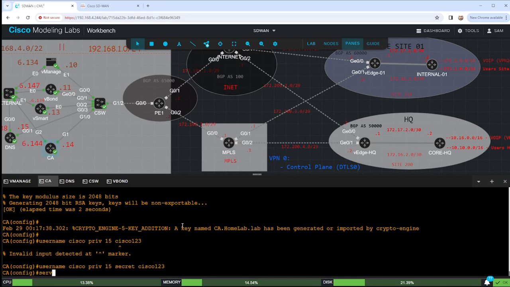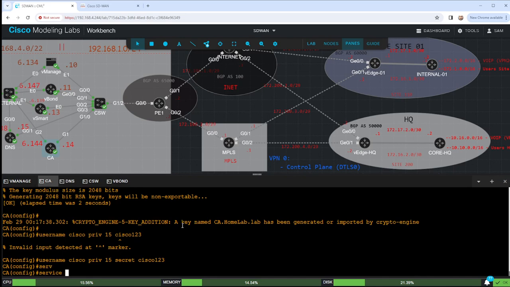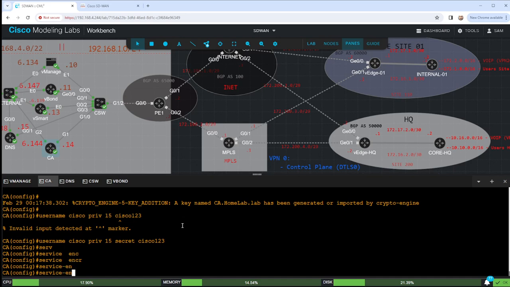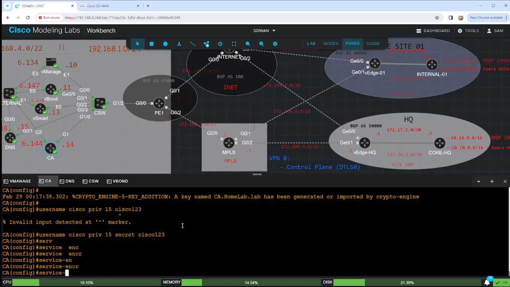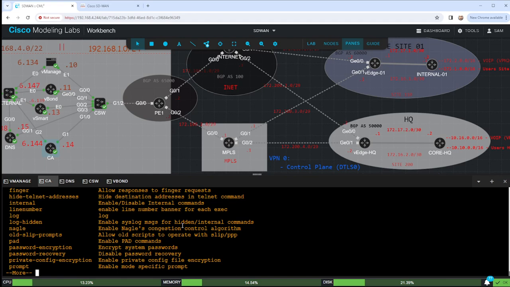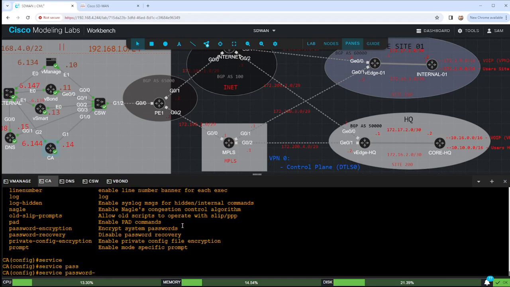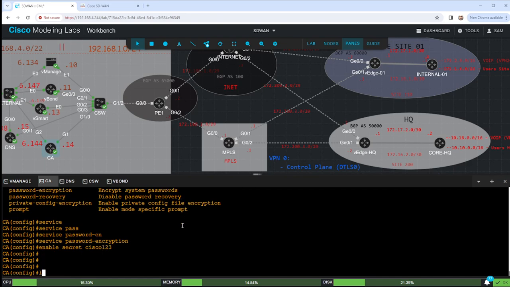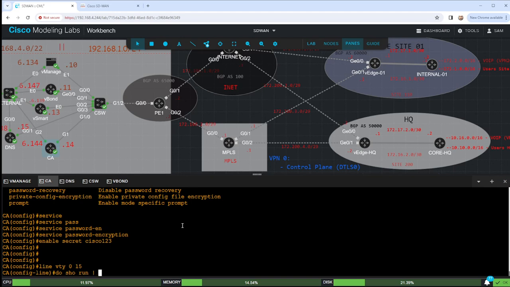For we can enable service encryption. I think it's service encryption. Right. Hold on. Let me see. Service password encryption. I don't remember all these, but I think that's what it is. Then it's always good to have an enable, right? We'll say secret Cisco 1, 2, 3, whatever. Okay, big one is generally if you look at your line, your management